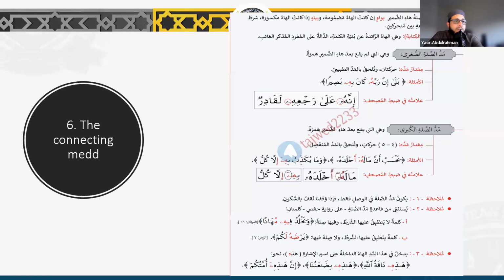There are also, on page number 166 in the book, two additional comments. The first one, number 5, says that the letter ha in the following words and their counterparts is not a pronoun. Rather, it is the pausing ha, which Arabs add to the end of some words in order to clarify the harakah of the last letter of the word. According to Hafs from Asim, it is read with sukun, both joining and stopping. The examples are